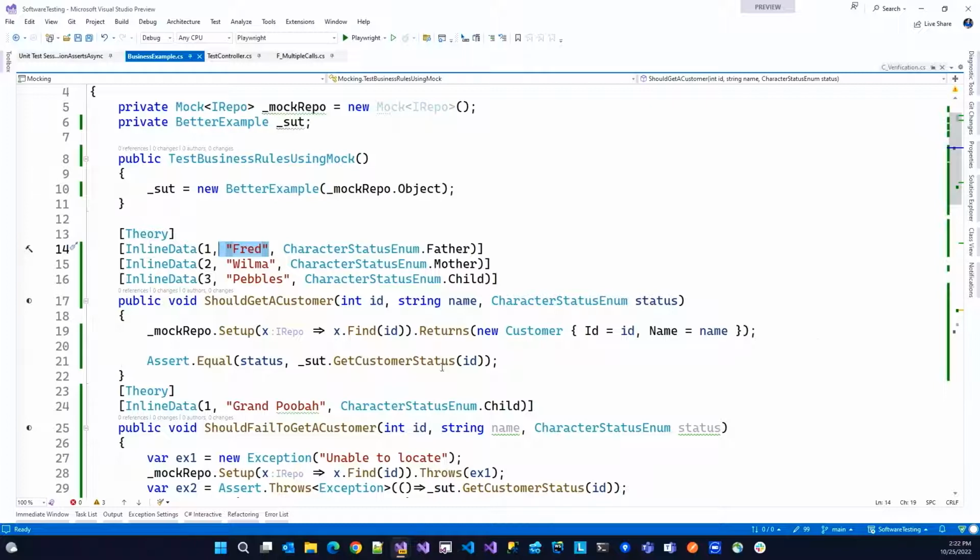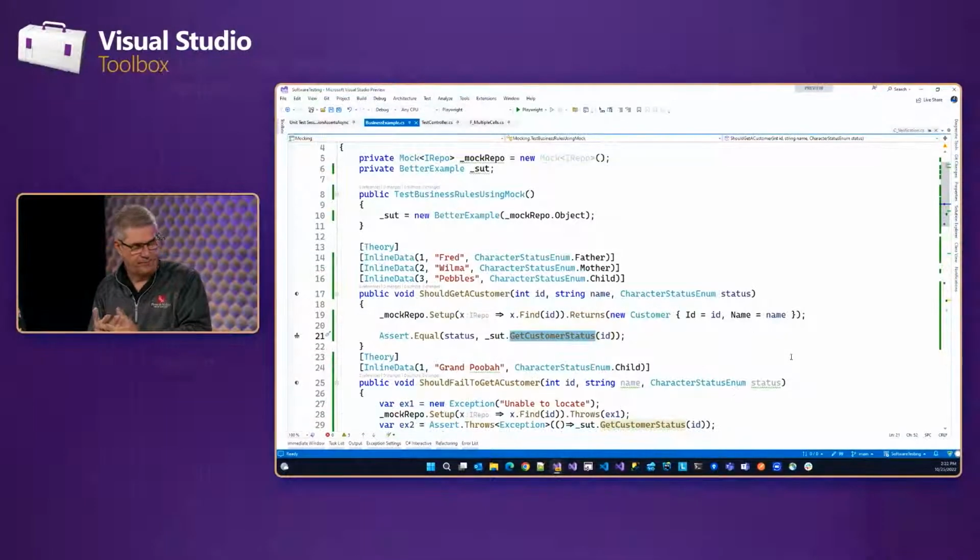Then we test our logic and assert that the status I am expecting is the status I'm getting from my system under test. The repo isn't being tested. The repo is a vehicle to provide data.